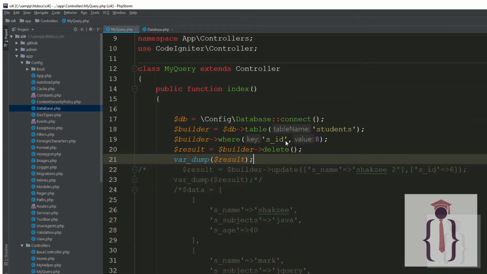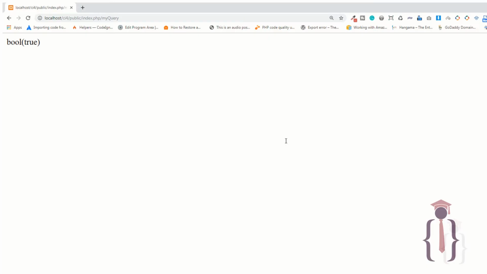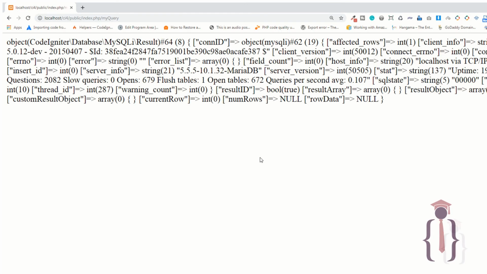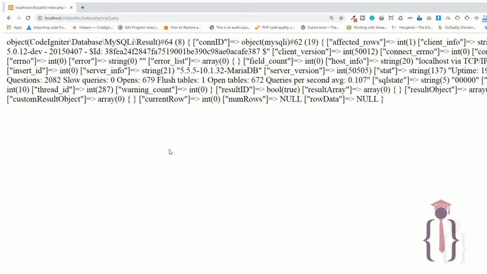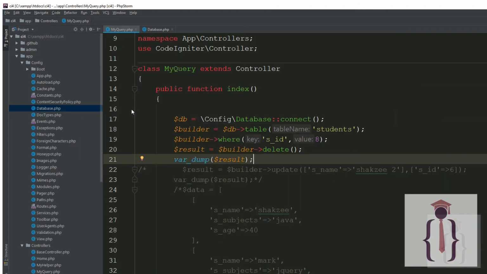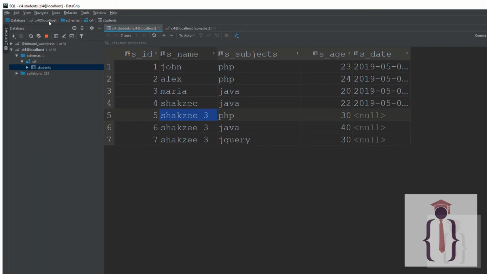Okay, now go to the page. Refresh the page. It's giving you this one. And now go to the page. You have successfully deleted. It's giving you the object, because they have changed the version. In CodeIgniter 3, you get the boolean result if you delete something. But here, as you can see, it's giving you the object. You can also use the empty table or the truncate table to delete the data or to empty the table.